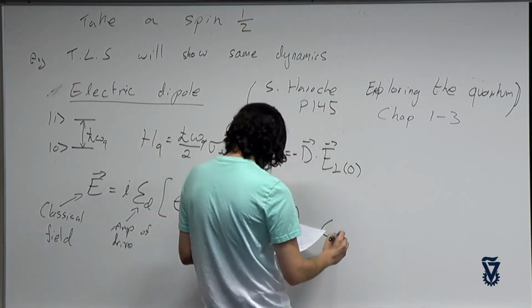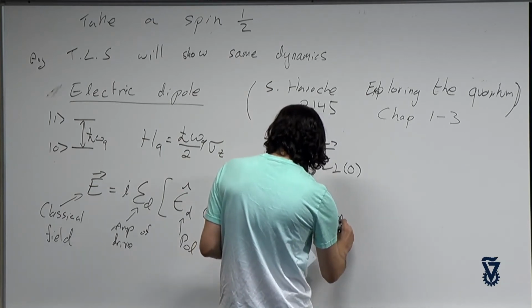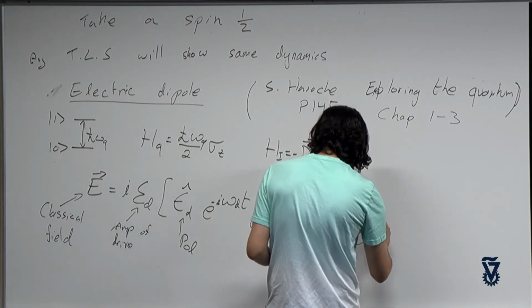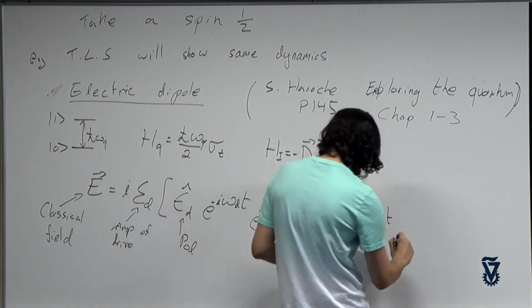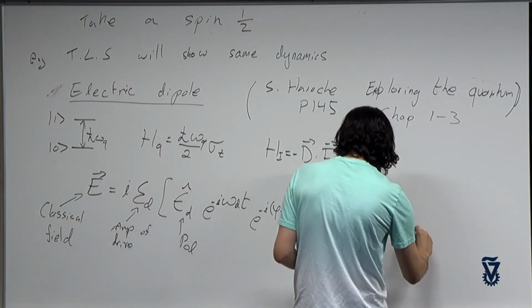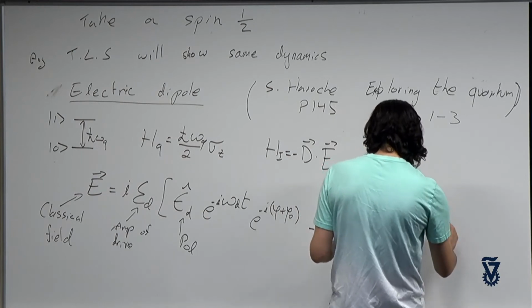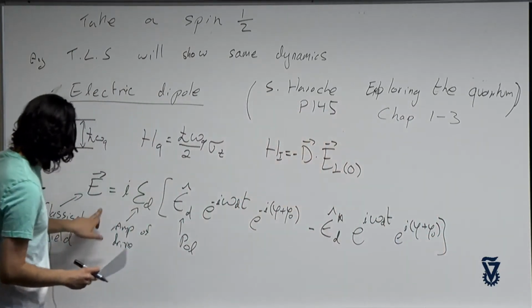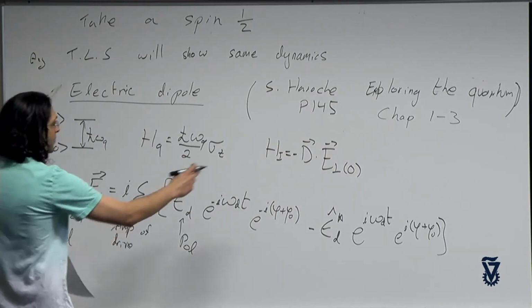And then basically the conjugate part, so E_d star, e to the I omega drive t, e to the I phi plus phi naught, like that. Okay. So this is our electric field, and our dipole